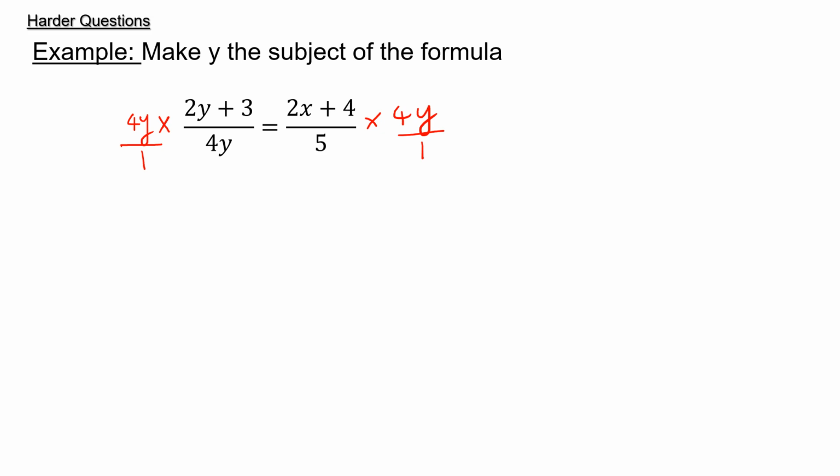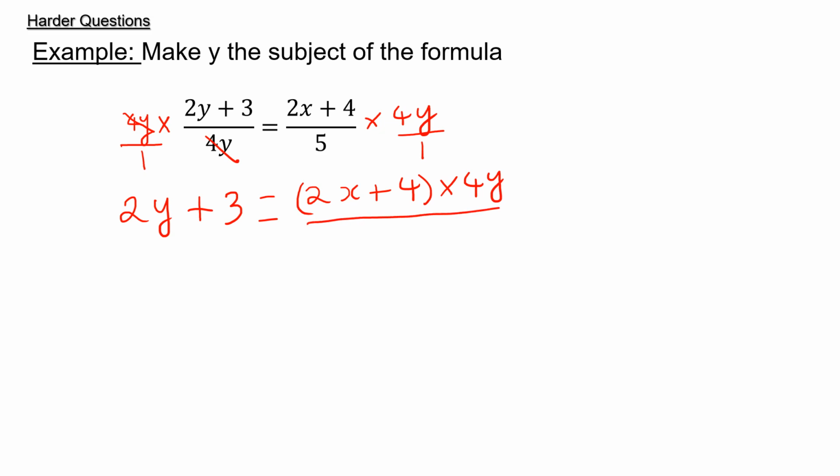So on the left-hand side of the fraction, the 4y's cancel, giving me 2y plus 3. On the right-hand side of the equation, I have 2x plus 4, all multiplied by 4y, over 5 times 1, which is just 5. To deal with this 5, I could multiply both sides at this stage by 5,